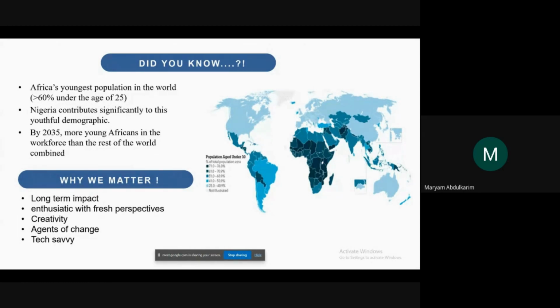So why do we matter? It's our future on the line, right? And we're already seeing the impact of AMR right now. It's not a distant problem to come, it is already here. So we have the potential to make long-term positive impact. We are young with fresh ideas, flexible in our thoughts and in our creativity. And as youths with our capacity, in this day and age,